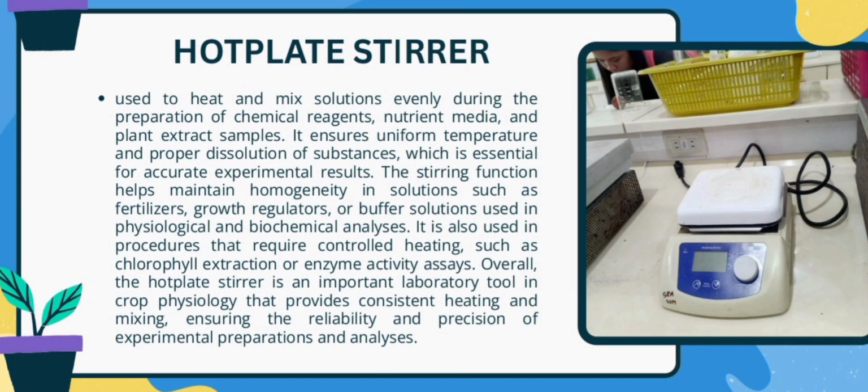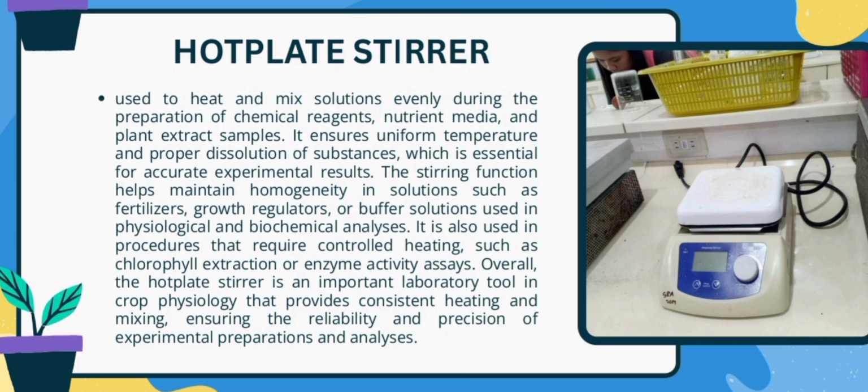Hot plate stirrer. Used to heat and mix solutions evenly during the preparation of chemical reagents, nutrient media, and plant extract samples. It ensures uniform temperature and proper dissolution of substances, which is essential for accurate experimental results. The stirring function helps maintain homogeneity in solutions such as fertilizers, growth regulators, or buffer solutions used in physiological and